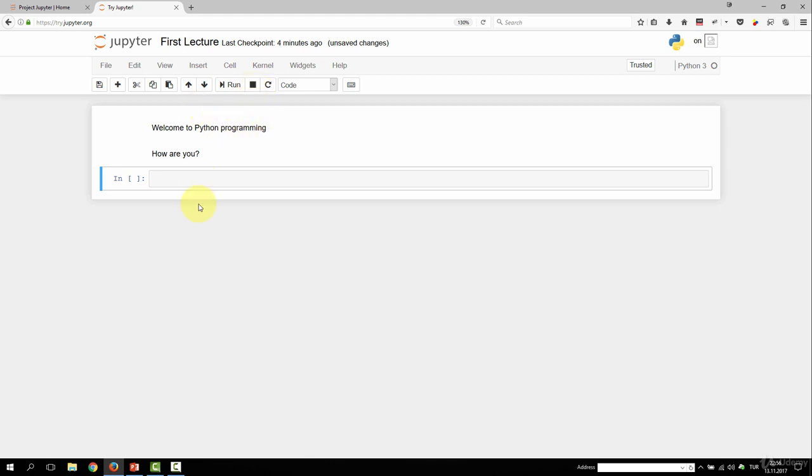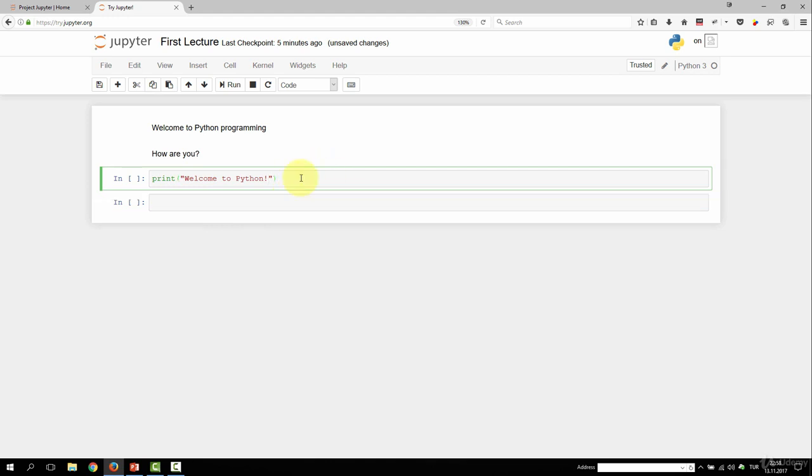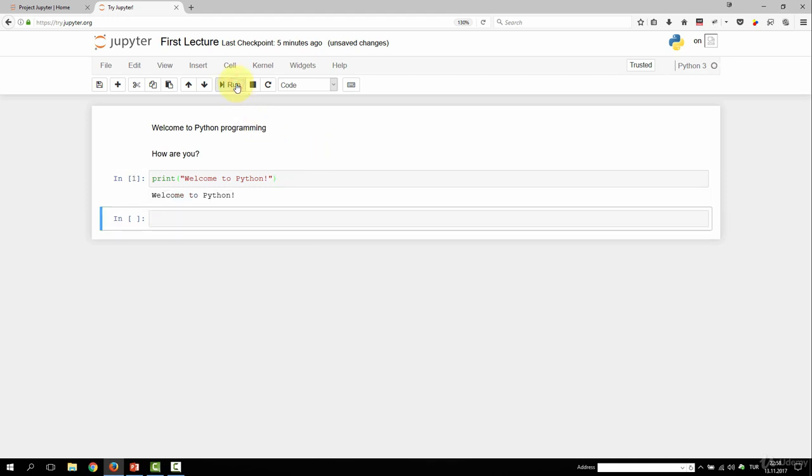So let's start to write our first Python code if you wish. Let's see it on the Jupyter Notebook in here. For example, I want to say that print welcome to Python. And actually, I wrote the printing command on the screen right here. Let's look at what will be the result. So I'm clicking on the run cell button again. When I run this, our code is executed and the result of this code is now on the screen, as